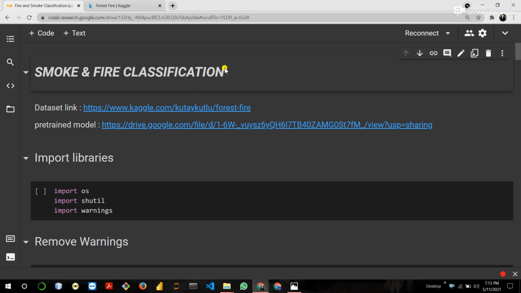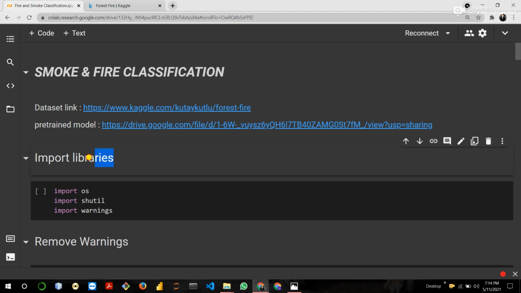It can classify whether the given image contains smoke or fire, and based on the image it gives a result. I have defined my own CNN architecture and trained my model for only 2 epochs, and in only 2 epochs it gave me 96% accuracy on the training data and 99% accuracy on the validation data, which is really amazing. So now let's start the project.